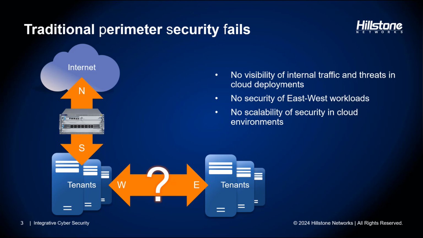Unlike the relatively contained nature of on-premise networks, cloud deployment operates within dynamic, distributed infrastructures, making monitoring and controlling internal communication challenging. Moreover, the lack of security measures for east-west workloads presents a significant vulnerability. In traditional setups, security measures primarily focus on inbound and outbound traffic, leaving east-to-west traffic largely unprotected. This creates an open door for lateral movement of threats within the network, allowing attackers to maneuver undetected and escalate